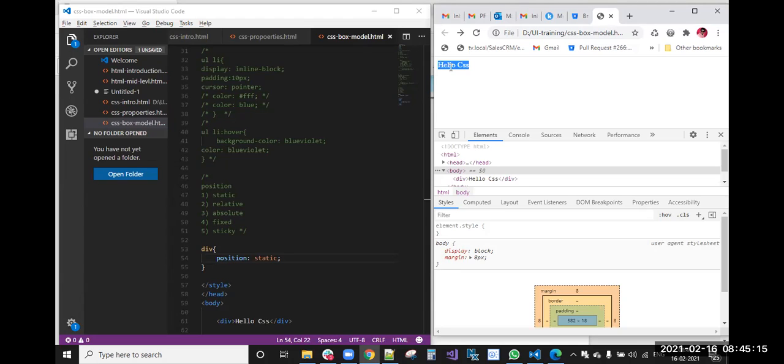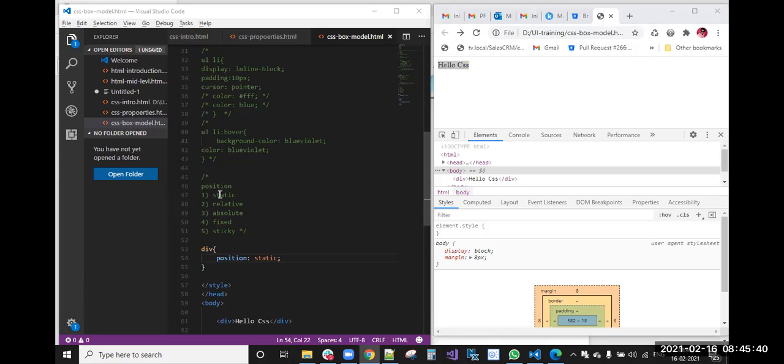We can't see any change while applying position static, because the default position property for every element is static only. So that's simple, no need to do anything. Static is not that important.